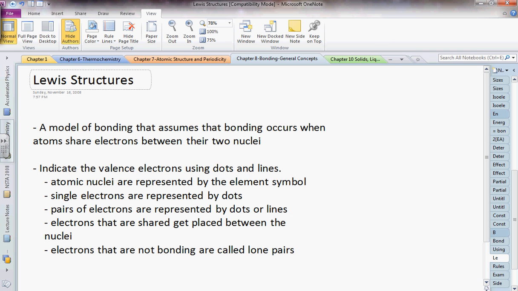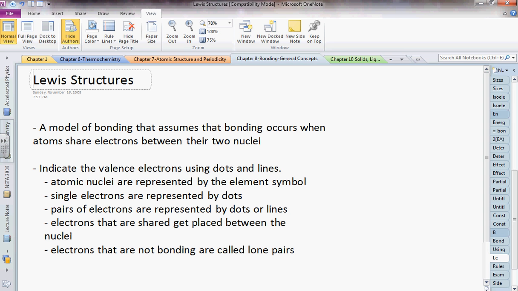Alright, so Lewis structures. This is the first model of bonding that we will consider in this chapter. I think there's going to be three, maybe four of them altogether. And this is probably the simplest one. In the Lewis electron dot structure model, the bond is considered to occur when the atoms share electrons between the